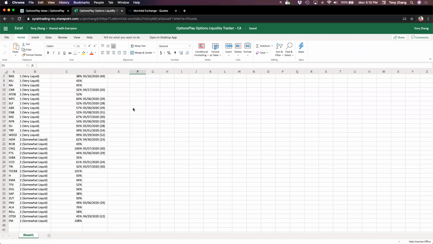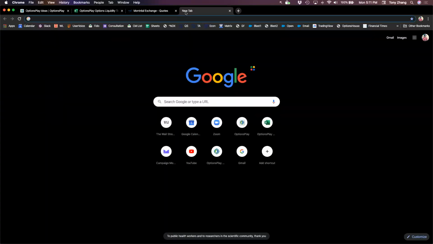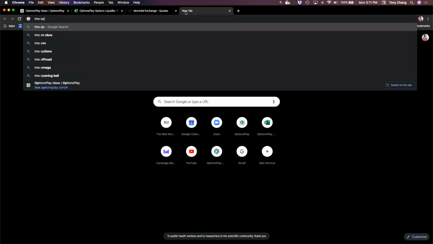Now, when things start to stabilize and get back to normal, you're going to see more and more symbols show up on this list. This is something we just published this week, so it's a new thing that we'll be sending out to everyone. I hope this is useful in helping you better understand how to